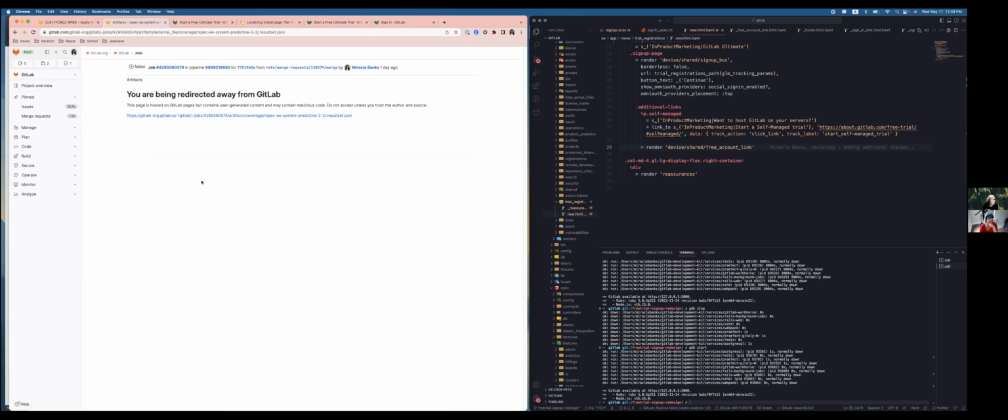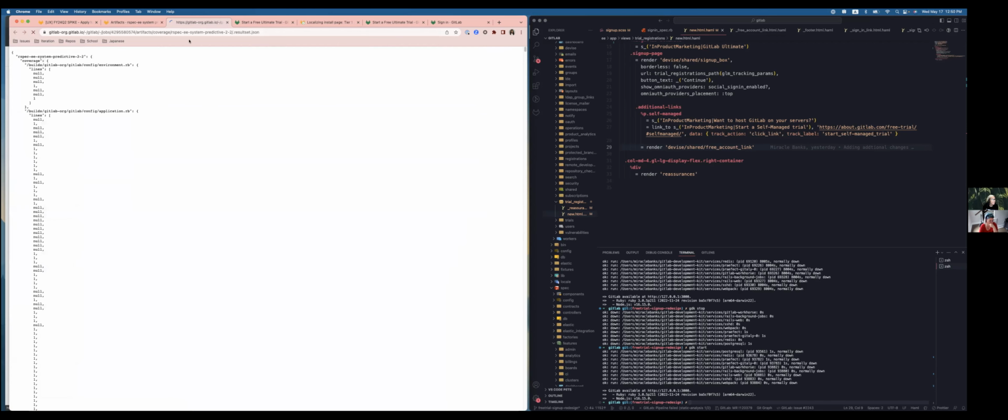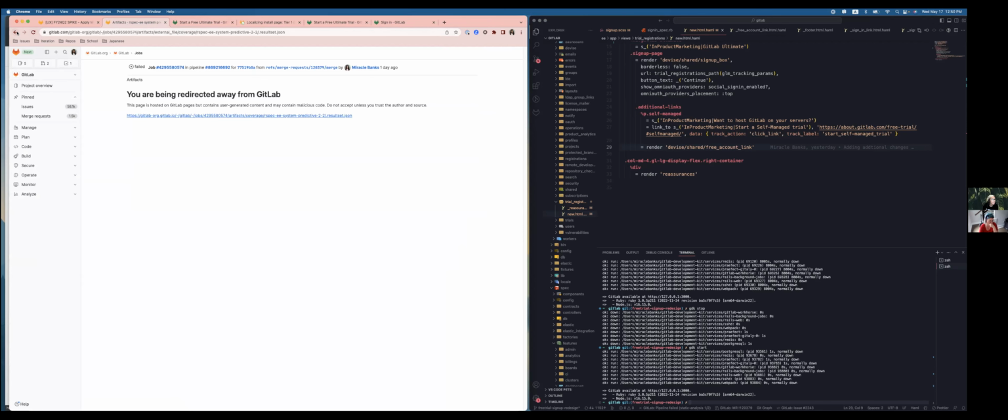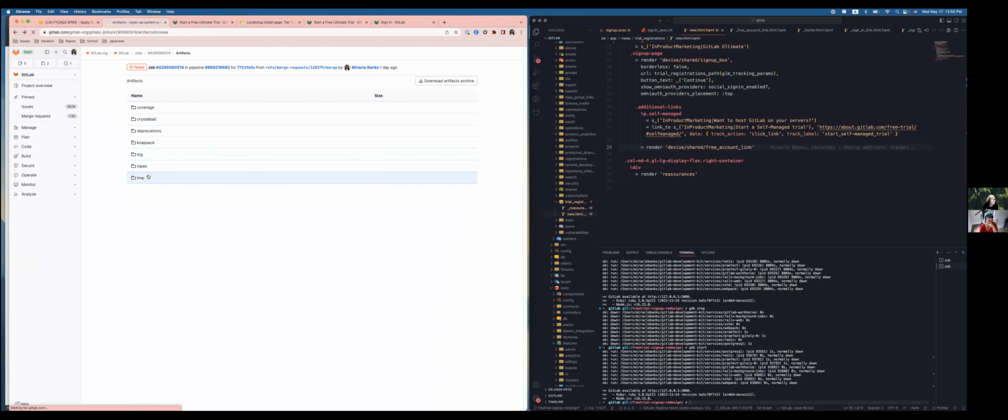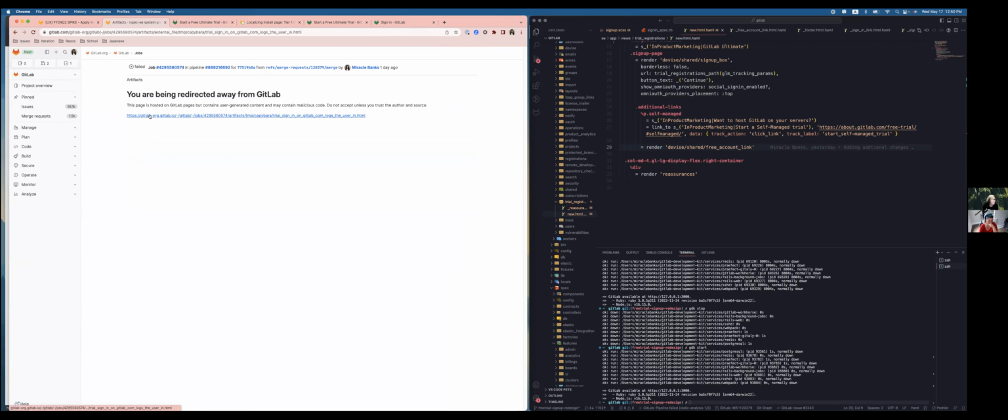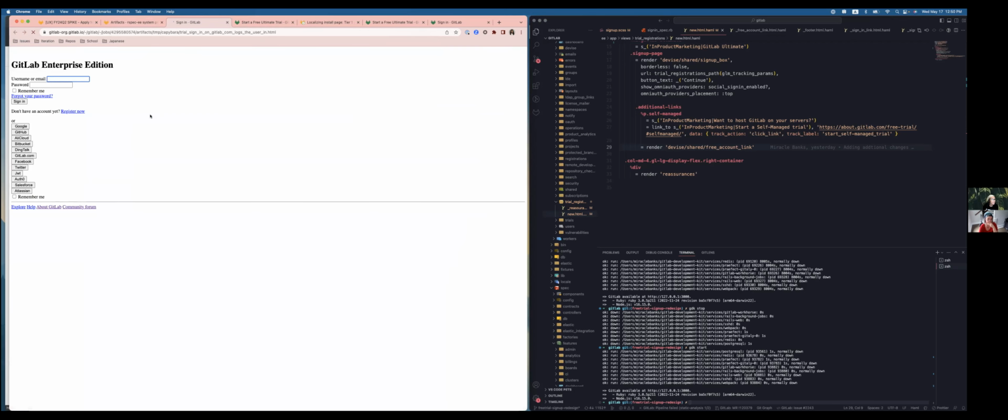Log. No. Usually, sometimes I can find things in here that are helpful. Capybara under temp capybara. Is that it? Oh, nope. Maybe. So it looks like maybe the sign in button's still there in this case. Okay. I know it's not displaying right, but